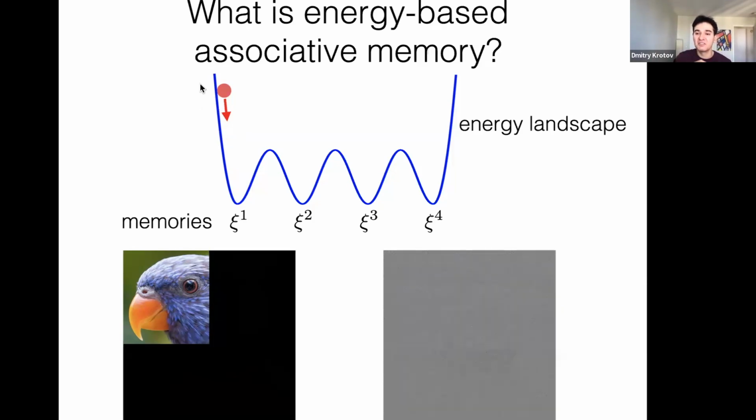When this network is doing computation, the red ball moves down the hill along the energy landscape. The computation will stop once the ball reaches one of the local minima. The local minima are called memories. The reason they are called memories is because you can think about this whole process of dynamical relaxation of this ball from a high energy state to the final fixed point as the process of memory retrieval from the synaptic weights of this neural network.